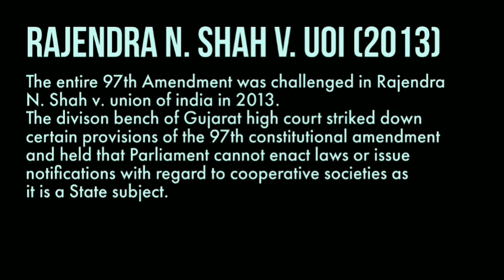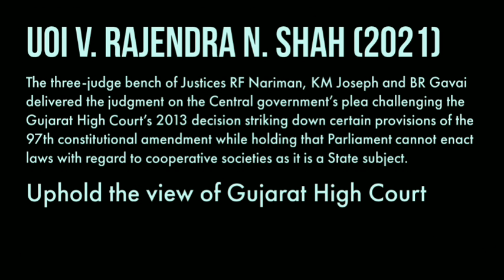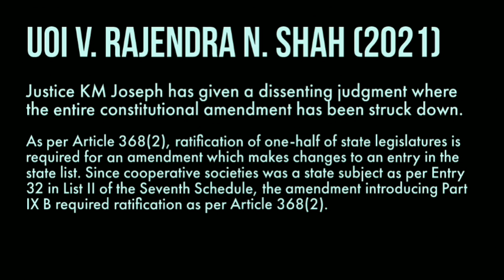Now, the same case has come in appeal by the Union of India to the Supreme Court, and a three-judge bench comprising Justice R.F. Nariman, K.M. Joseph and B.R. Gavai delivered the judgment today and upheld the decision of the Gujarat High Court. And the dissenting judge here was Justice K.M. Joseph, who has held that not only the particular Part 9B should be struck down, but the whole amendment